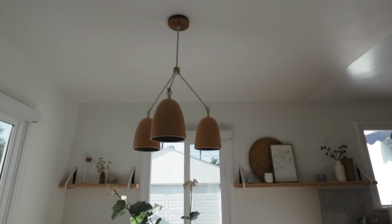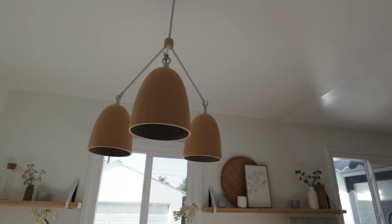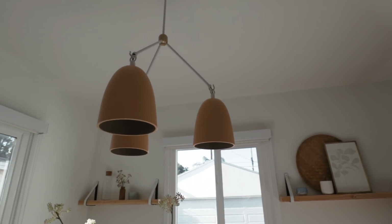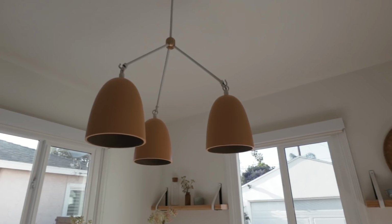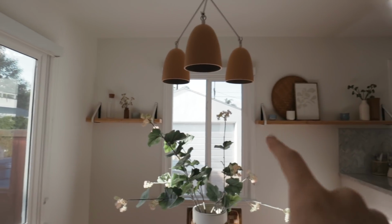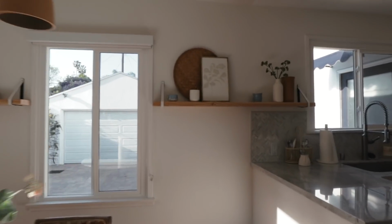So here is the fixture that we painted. I think the color turned out absolutely perfect. I was honestly so nervous about painting it, but it turned out so cute. So there's the fixture. Then these are the shelves that we made and hung up. I'll give you guys a closer look at the